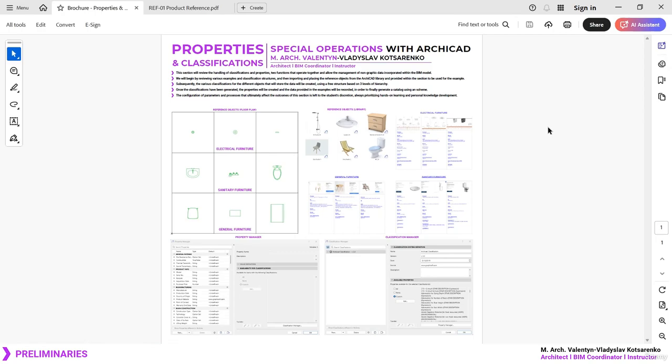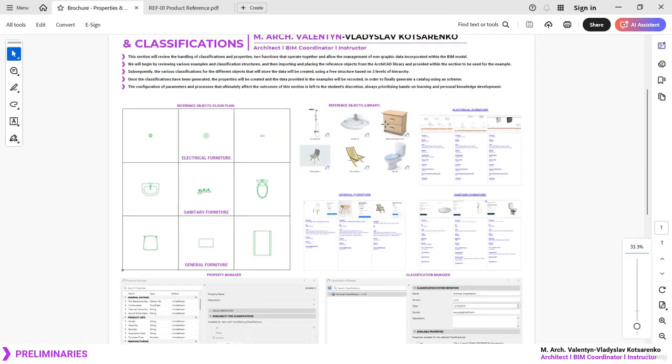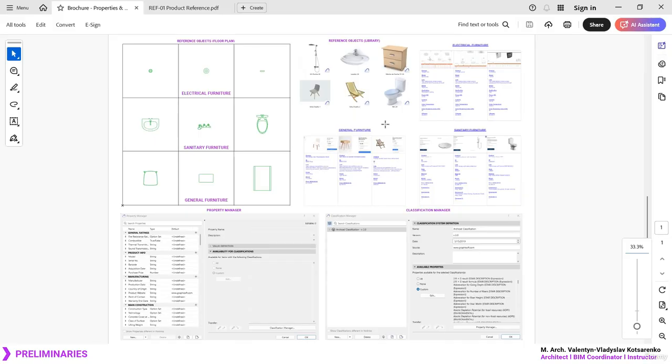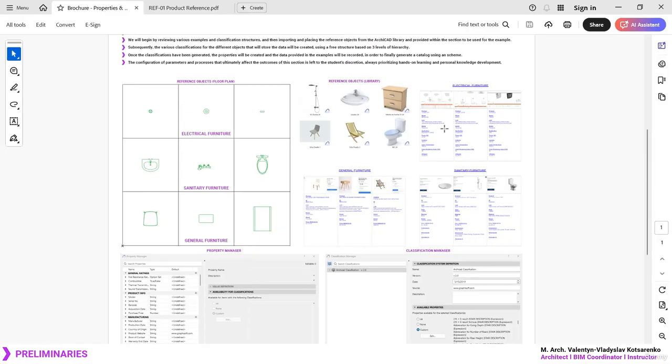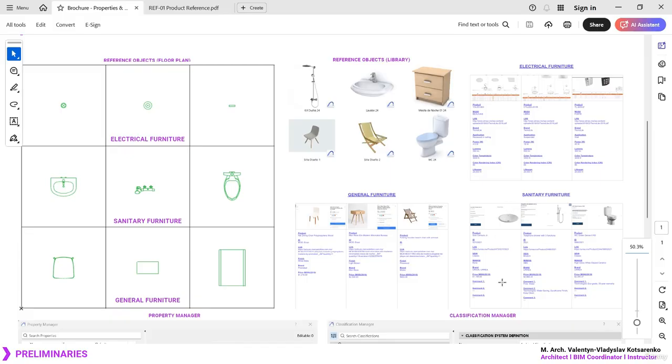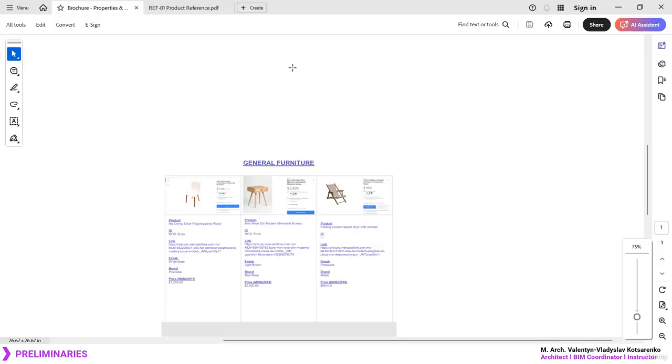Alright, so let's start off our new section commenting a little bit about what's going to happen here. The idea here is to work with metadata and properties, okay? Or in other words, non-graphical information. The main example that we're going to generate and the main example that we're going to work on, for this